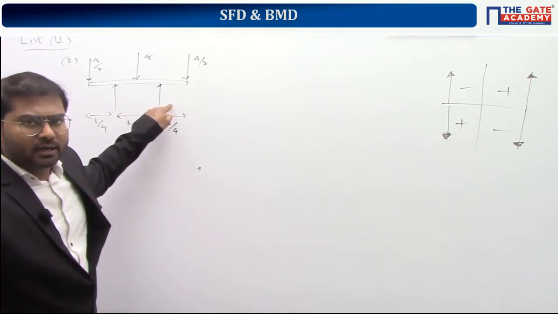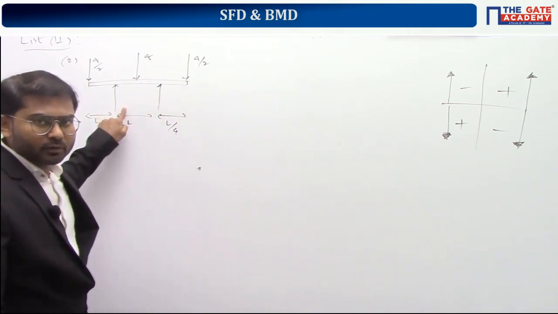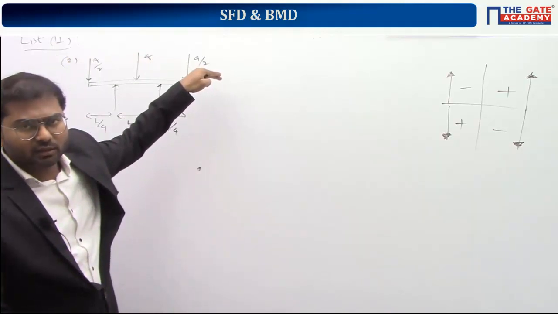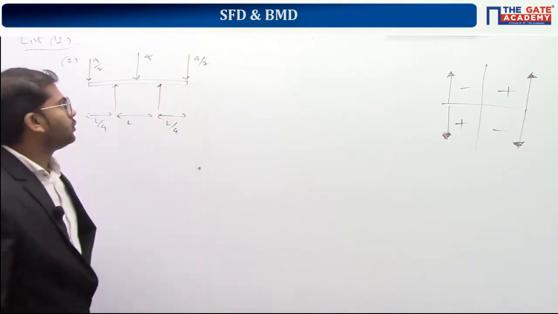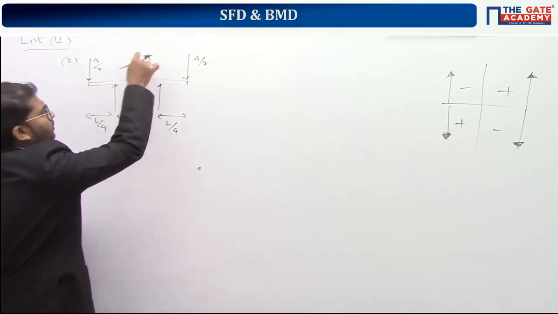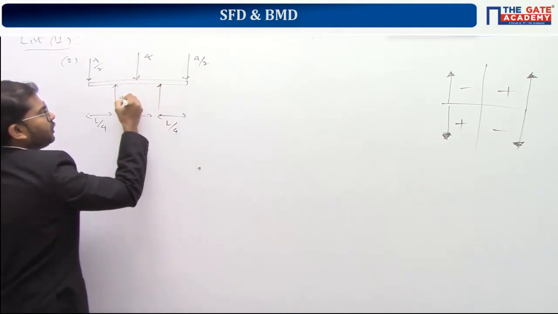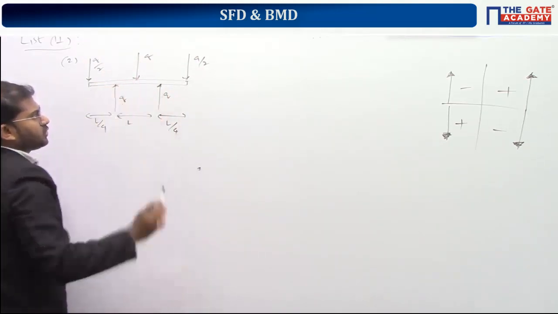Understand? And the other thing is, both the forces are acting from downside towards upside. So whatever the downward forces are acting here, that should be halved to get each and every force. So total downward force is Q plus Q by 2 plus Q by 2, so it becomes 2Q. 2Q by 2, 2Q by 2, it becomes Q and Q. So here there is a point load of Q upside, and here also there is a point load of Q upside.